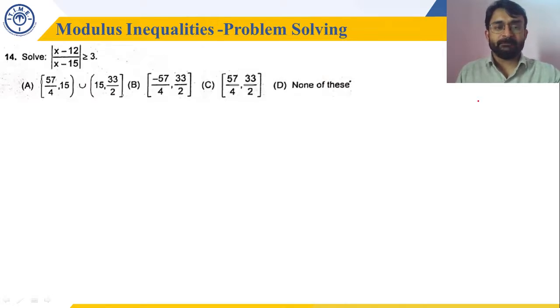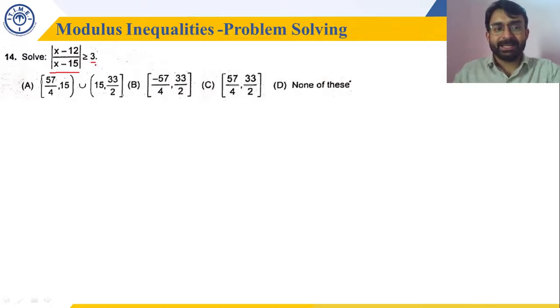Fine. We'll understand this thoroughly. Now, the left hand side is saying mod of (x minus 12) divided by (x minus 15) is greater than or equal to 3. If the LHS has a mod and it is greater than or equal to 3, we have understood that if